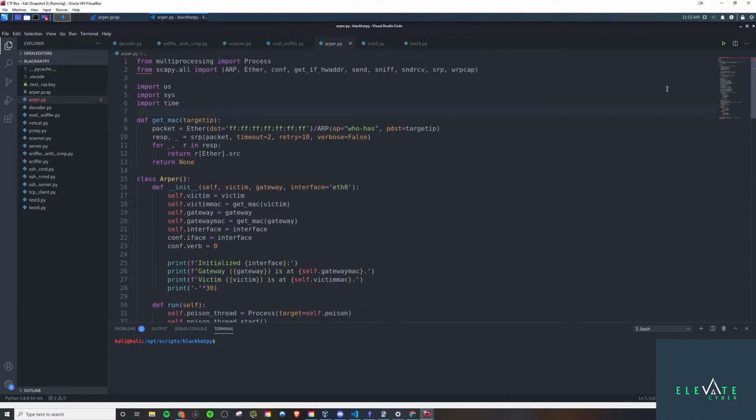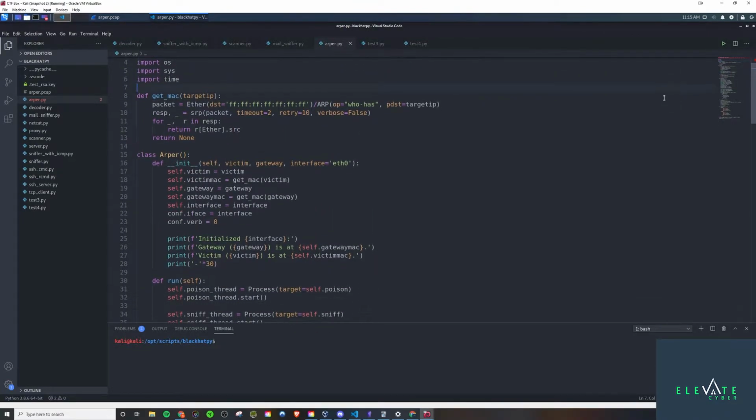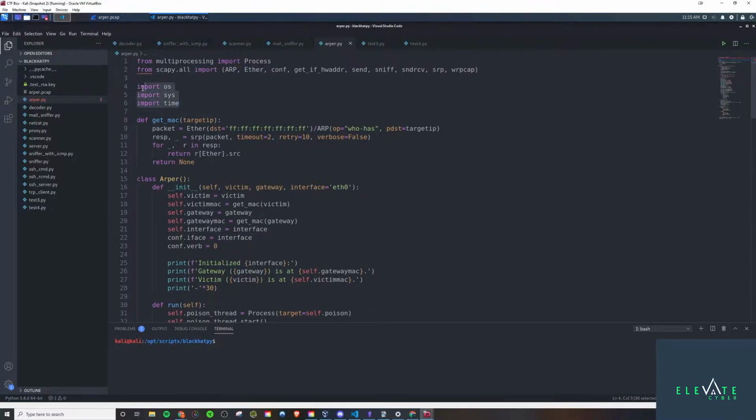The first thing we're going to do is, of course, import these three things as well: os, sys, and time. But the first thing we're going to do is create a function called get_mac, and this is going to get the MAC address, obviously, as the name implies. We're going to be passing in target_ip, so it's going to take in an IP address,